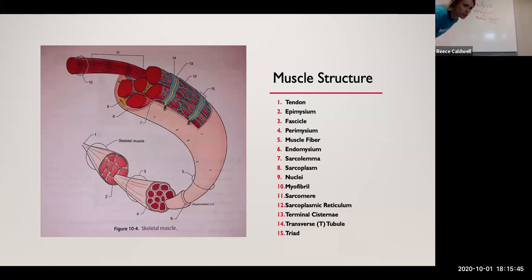I hope y'all can see that. Inside the muscle fibers or muscle cells, we have myofibrils,